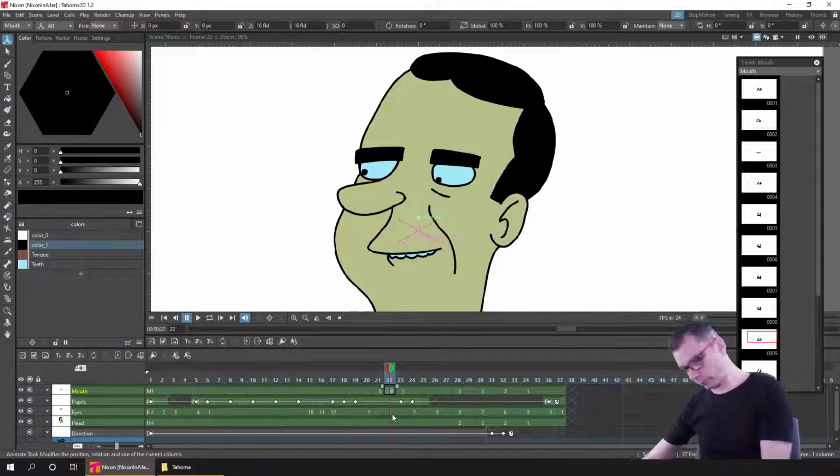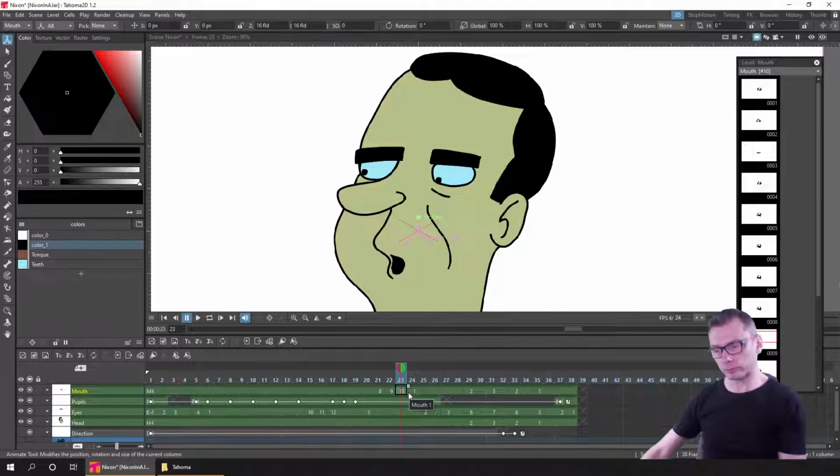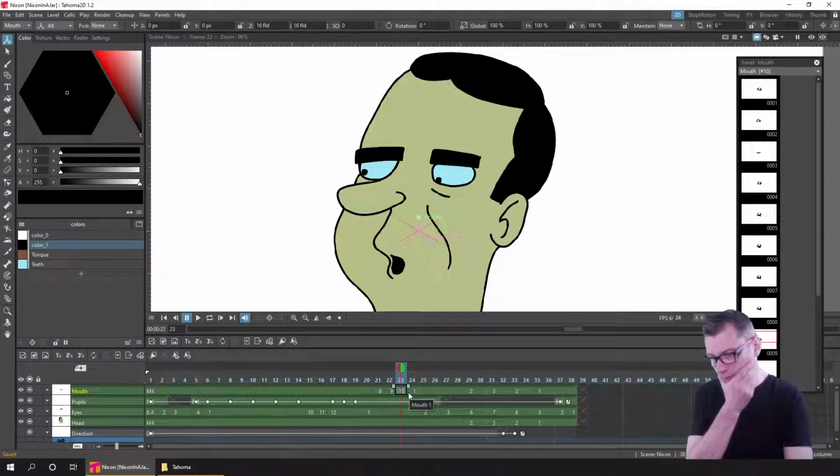Let me Control Insert, add another one, and maybe one of the "ooh" shapes, just to give them a change of expression. Ooh. Yeah, just that one. That's fine. So I'm going to leave that as the set of face shapes we're going to use over the